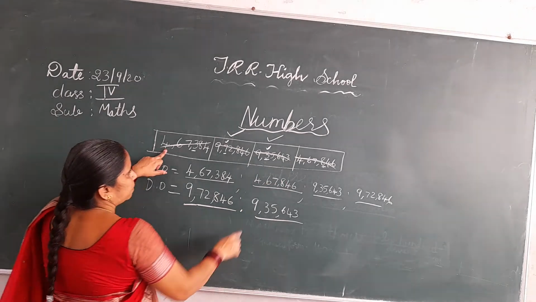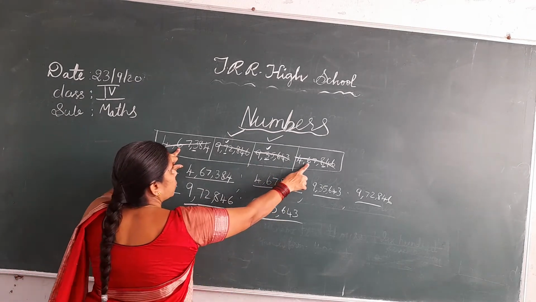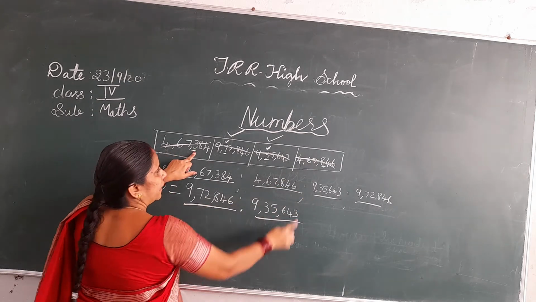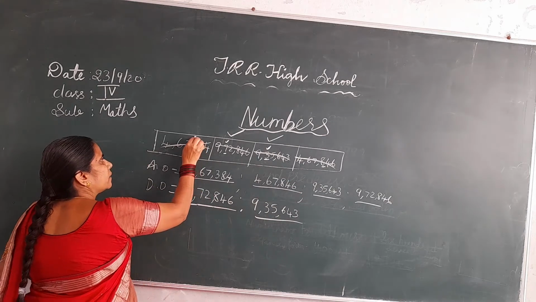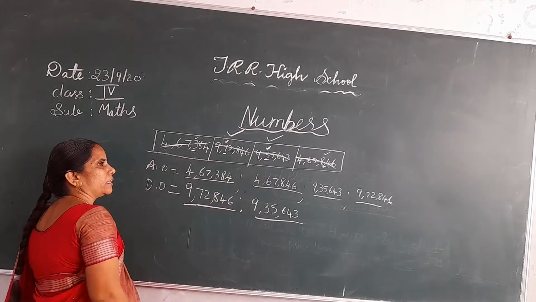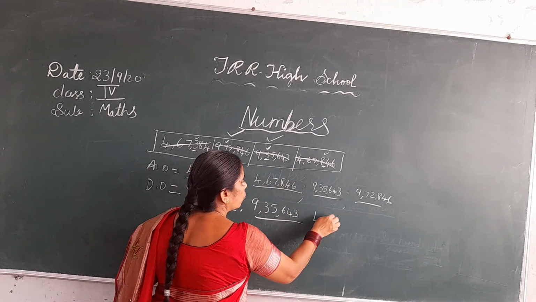Now compare the lakhs place, same, 4. Then compare the 10,000s place, same. Then the thousands place, same. But the hundreds place is different. Here 3 is there, here 8 is there. Is 3 greater or is 8 greater? 8 is greater. So write this number here,